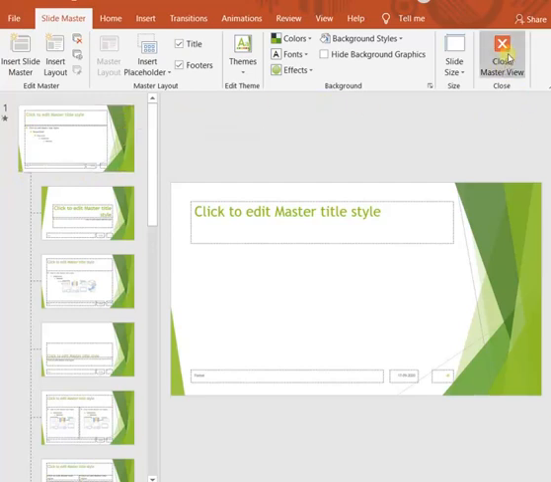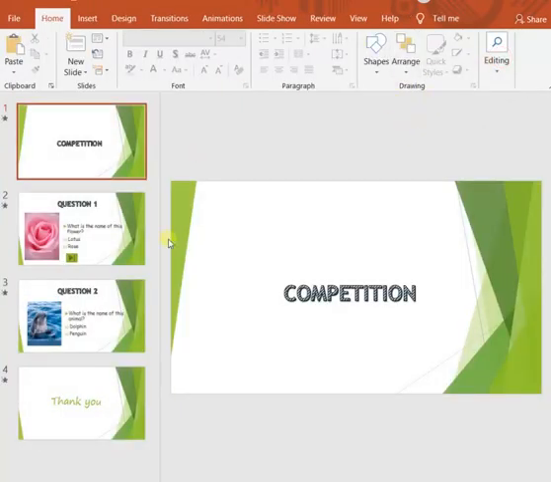But if we close the master view, you can close the master view from here. If you close it, you will again come back to our presentation that we are making. So you can see here I have 4 slides, and this number 1 slide is not the slide master.